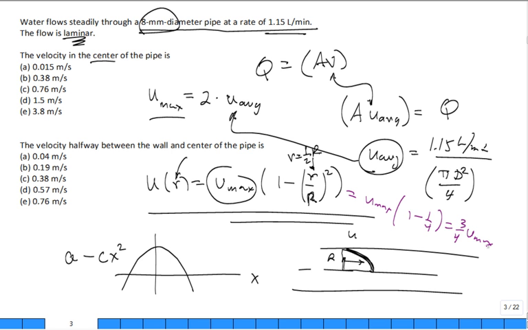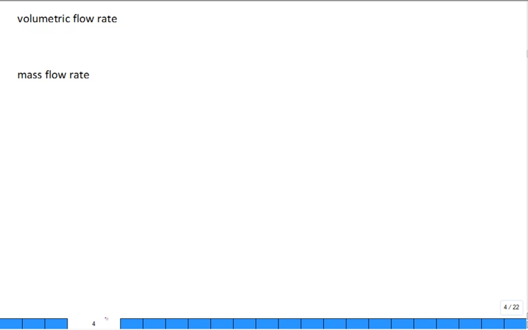Okay? All right, let's press forward. So we already covered volumetric flow rate, Q, often AV. This is at the average speed going down the length of the pipe. And then what's the mass flow rate, m dot? I don't know why sometimes we put dots on some things, sometimes we don't. You just have to know, okay,